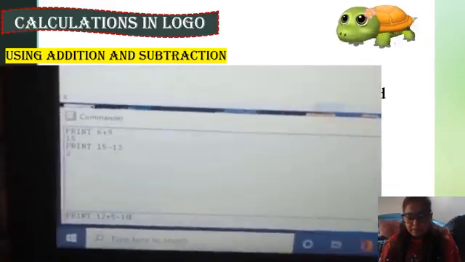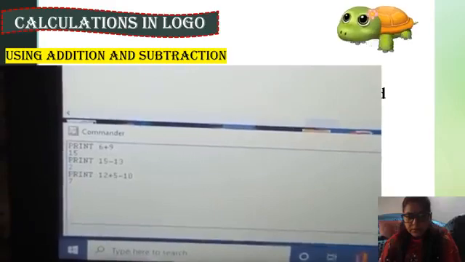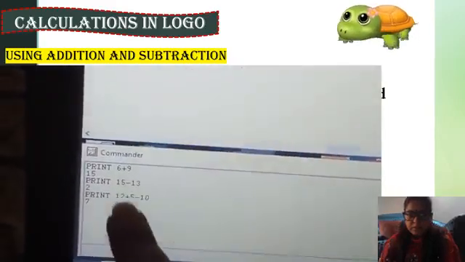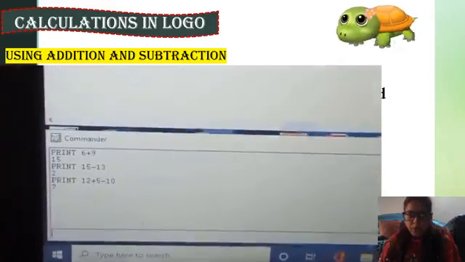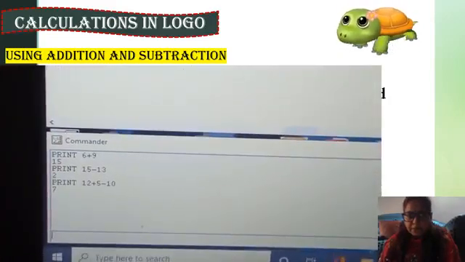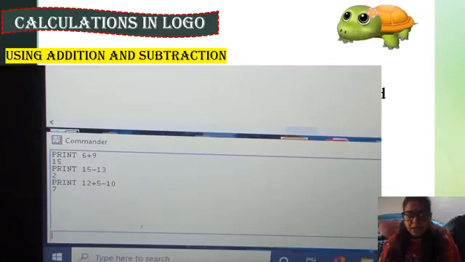Press enter. See, the answer is 7. Like this, you can do both addition and subtraction. Understand, children? Likewise, you can do multiplication and division with the help of this print command. Okay?